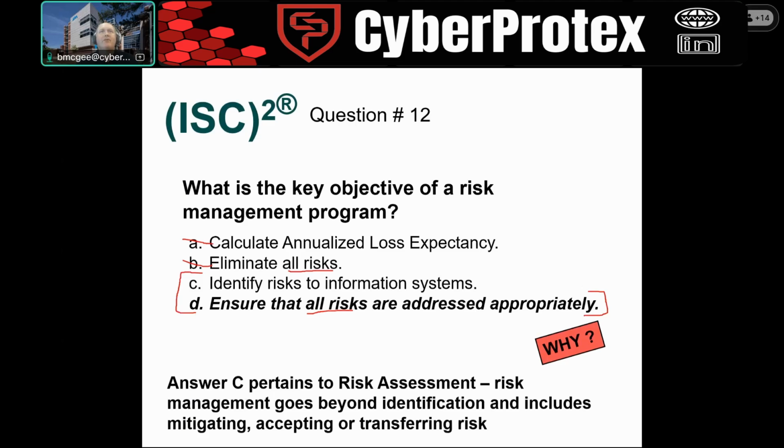And so ISC squared down here says answer C pertains to risk assessment. Risk management goes beyond identifying and includes mitigating, accepting, and transferring the risk. And so we try to address all of those risks. I know with the RMF and the 800-171, that's done through a POAM. We have an SSP, and then all the CCIs and all the goodies with the controls, but then the POAM is all the residual risk afterwards. So great job there. If you answered D,